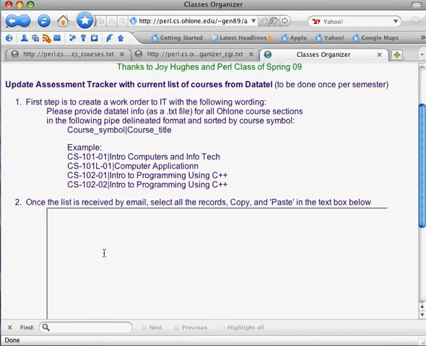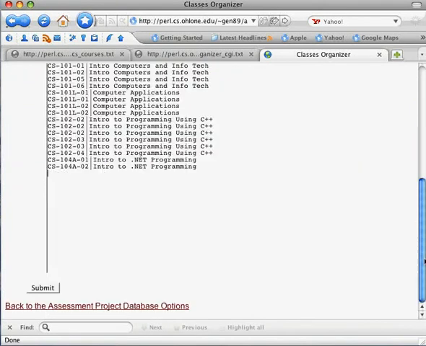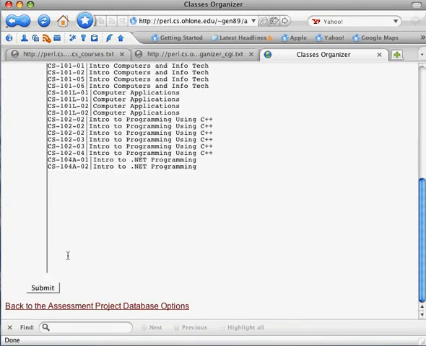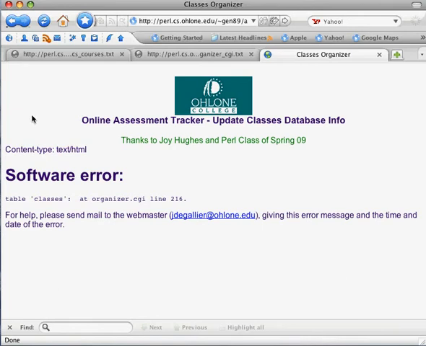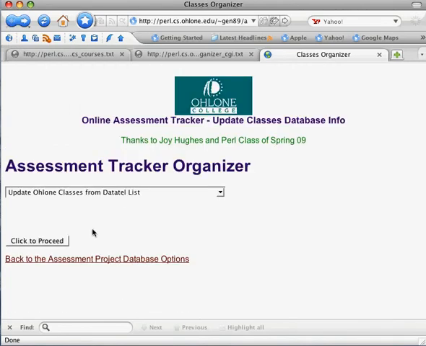So pasting this in here, which pretty well matches the example here, right? Pressing submit should update the list. Now of course it's not working quite right, obviously, but your job is to make sure that it does, and all I can tell you is it's very close to working,